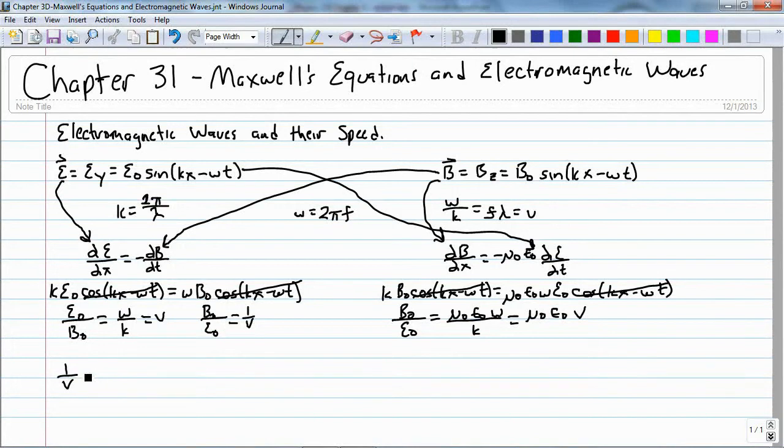I have 1 over V is equal to mu naught epsilon naught times V, and if I solve for V, the velocity is equal to 1 over the square root of mu naught times epsilon naught, and these are just constants,